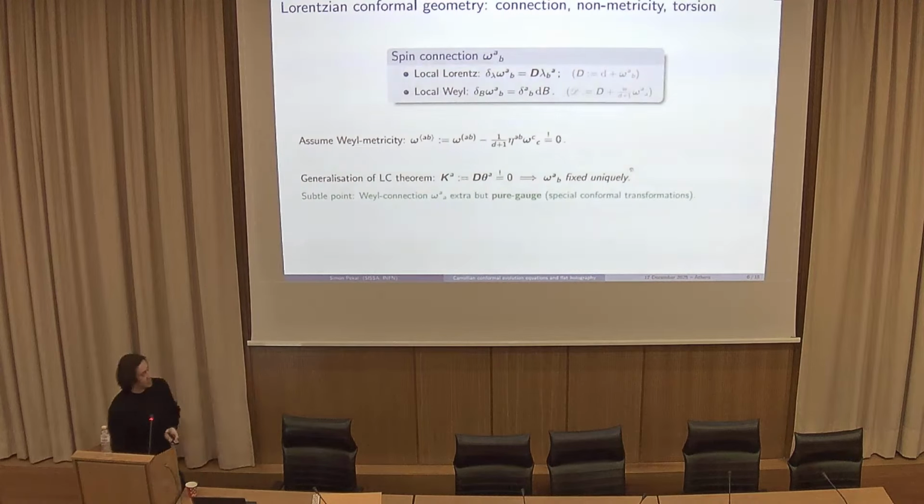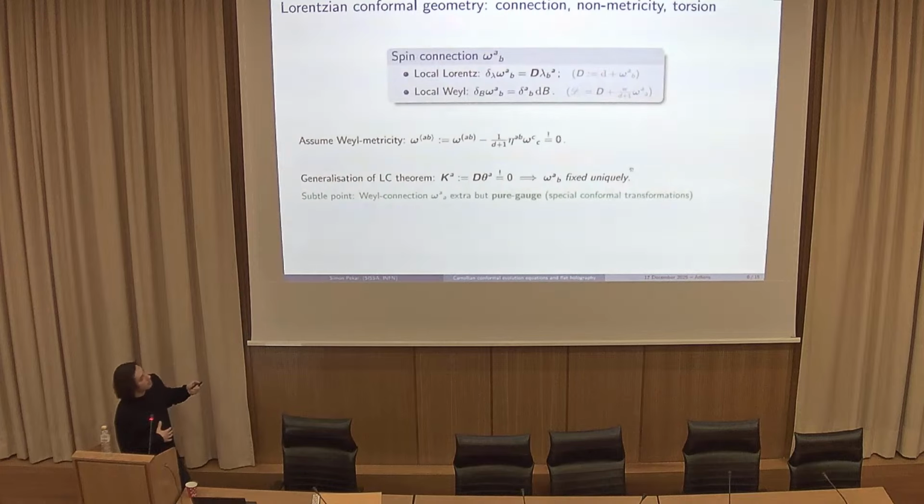So armed with that, we can now introduce a connection for our manifold that I also write in first order form, which is a spin connection. And that is gauging the symmetries that I introduced before. So the antisymmetric part of omega is transforming as a connection for local Lorentz transformations. And the trace part of this omega is sensitive to Weyl rescalings. And I can introduce objects, this capital D and curly D, that are covariant derivatives with respect to both of these symmetries.